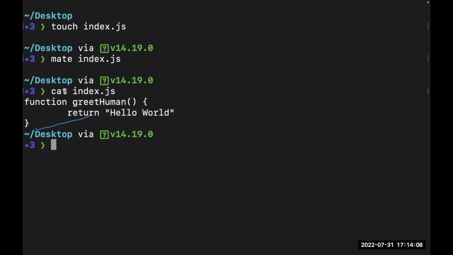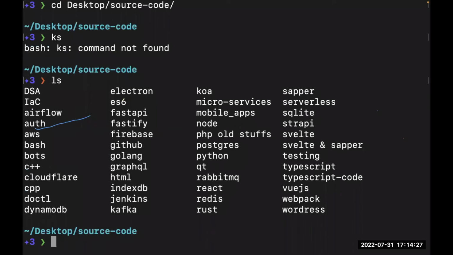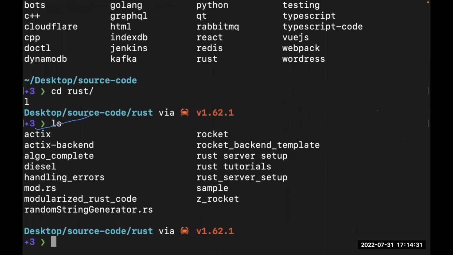And I do this a lot, right? So let's assume someone calls me, oh Marv, can I get a function to perform this kind of operation, right? So I'm going to simply navigate into my desktop, my source code. What language do you use? And the person says, okay, I use Rust. Okay, so let's quickly check if I have. Yeah, of course, I have a lot of things in Rust here.